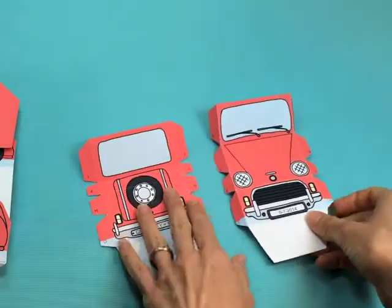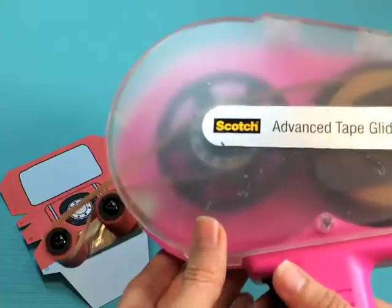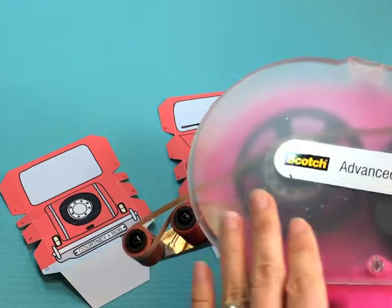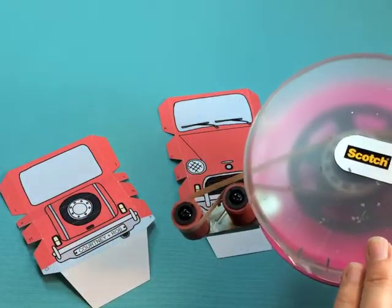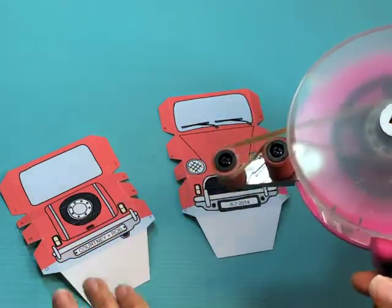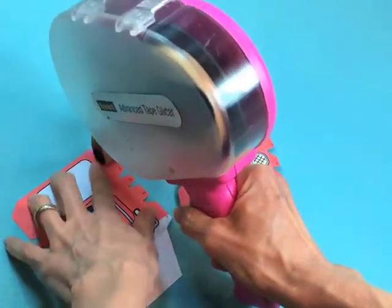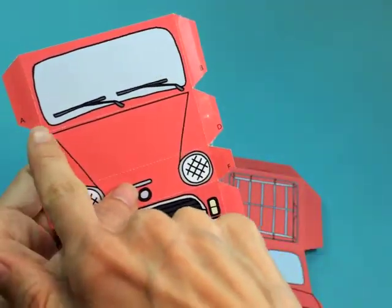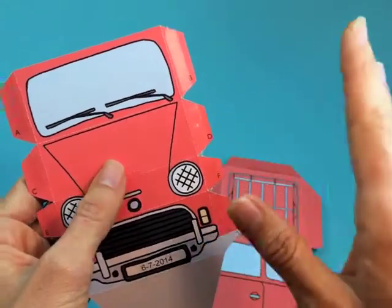We are going to apply tape to only the lettered tabs. So if you've seen my videos before, you know I like to use a tape gun to apply my double-sided tape to my tabs. You can get smaller versions of these at the craft store. You can also use regular double-sided tape as well. So I'm just going to go ahead and apply tape to all of my tabs with the letters on them. So all of our tabs with the letters on them now have double-sided tape applied, and we are ready to